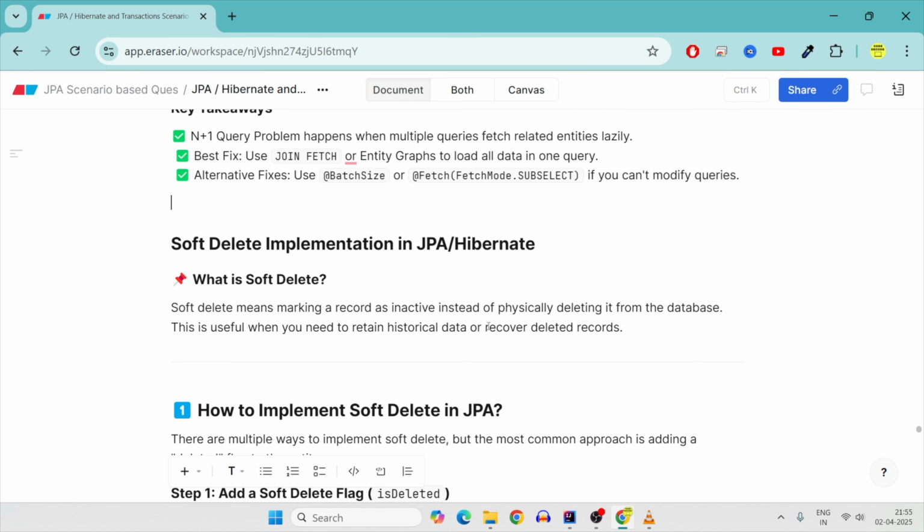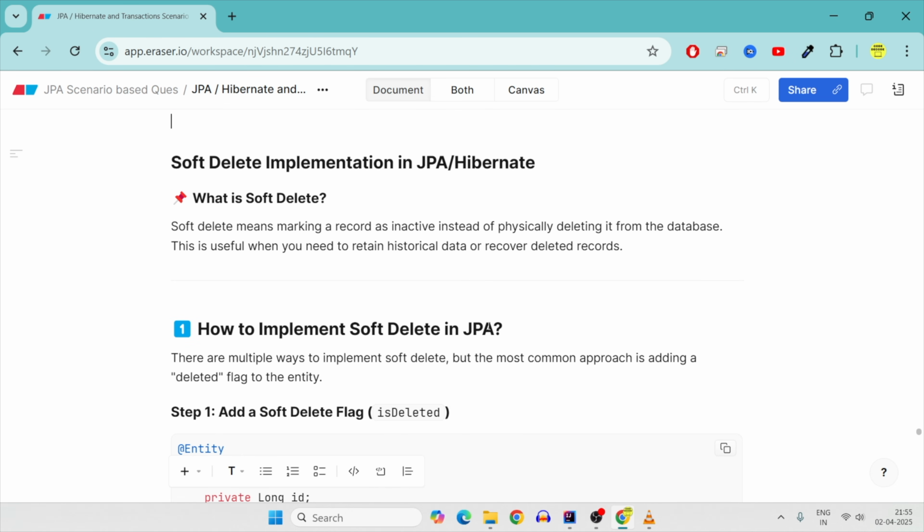Now a very important fourth point, what is soft delete in JPA and Hibernate? Whenever you go to an interview, they would always expect you to have some knowledge on soft delete. Now let's understand the soft delete, okay? So whenever you have the CRUD in your Spring Boot application, you have create, read, update and delete. What you do in delete? Delete from employee table. But what it does is, it will remove the data completely from your logs, your tables. It will be completely swiped out. There will be no existence of what actually was there in your table initially. So that is a hard delete.